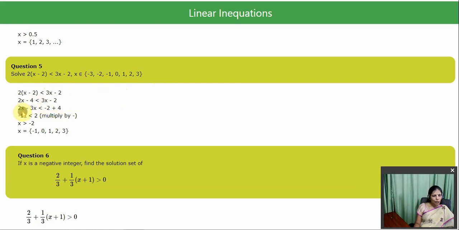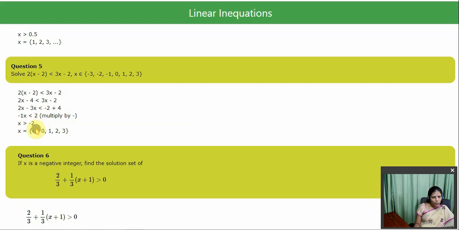Now all the x to one side and all the numbers to the other side. So it is 2x. This 3x when comes aside become minus 3x less than minus 2. This minus 4 goes aside become plus 4. So when you simplify you get minus 1x less than 2. As you have negative sign here for x, we need to remove it by multiplying with minus 1 on both the side of the inequality. So when you multiply, here it becomes plus x and the sign gets reversed. X is greater than minus 2.